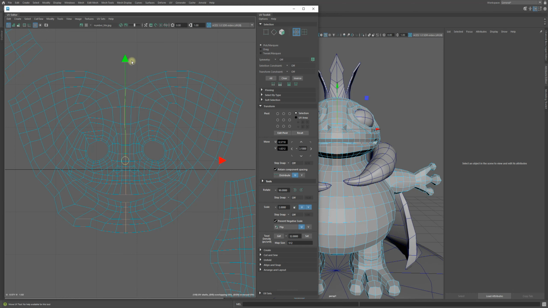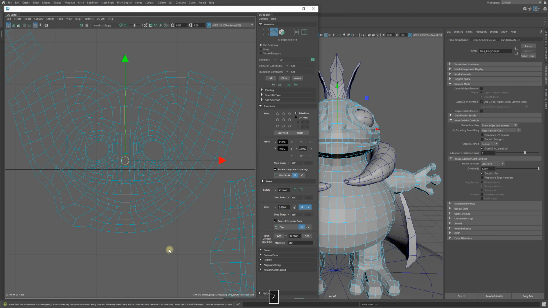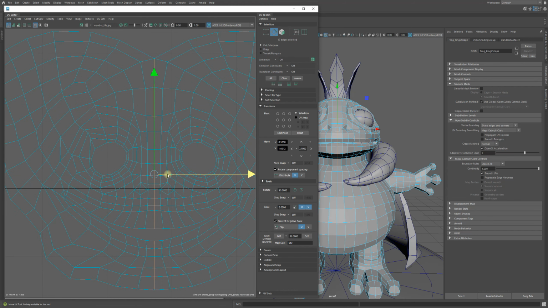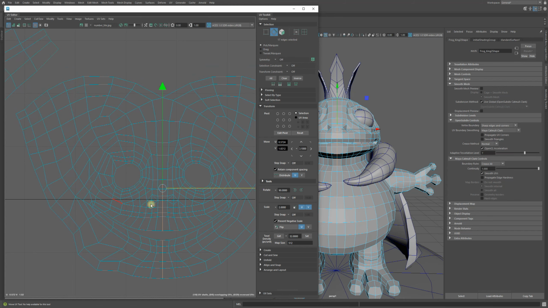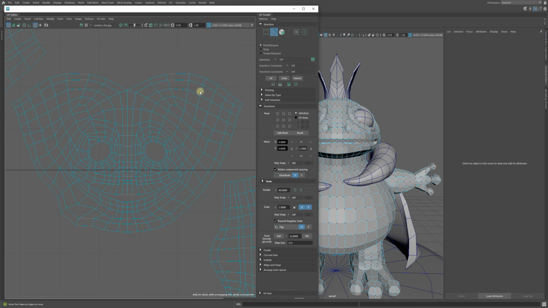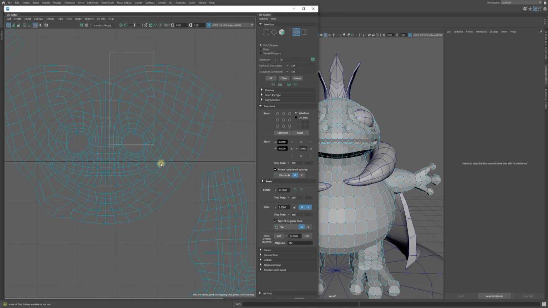So what you want to do is make sure everything is straight, so you could select either by edges or vertices just to be safe, and then you just straighten it. You might need to scoot this over just to get the proportions right, because it shifted a bit. And then if you do it,